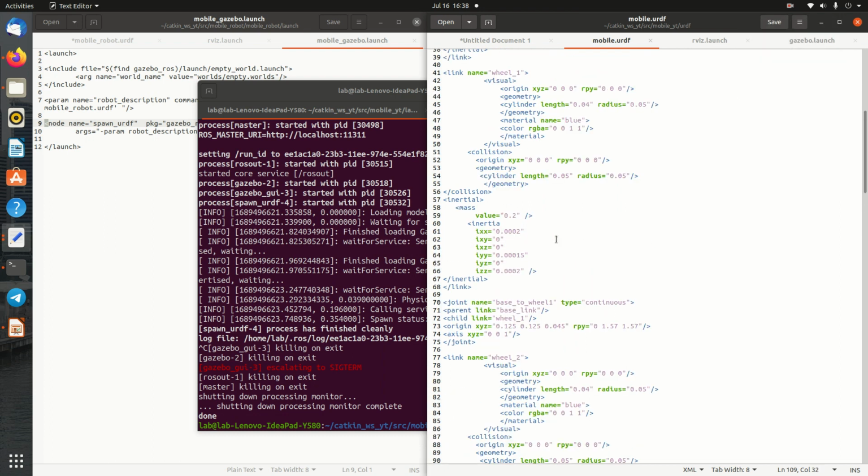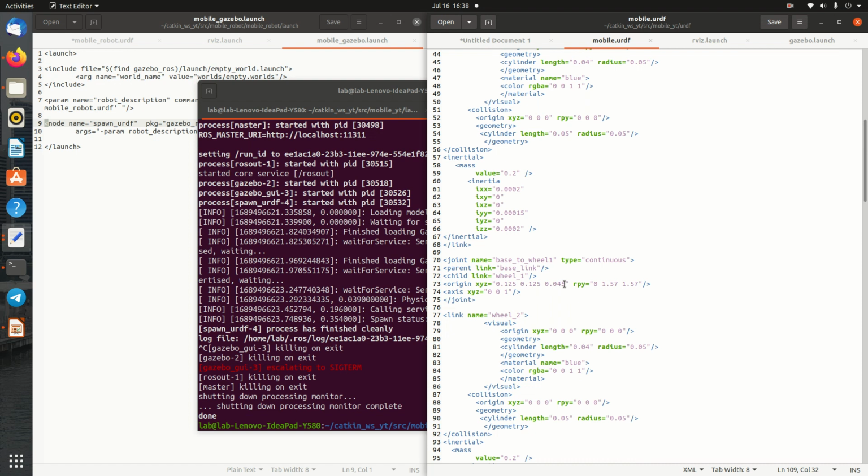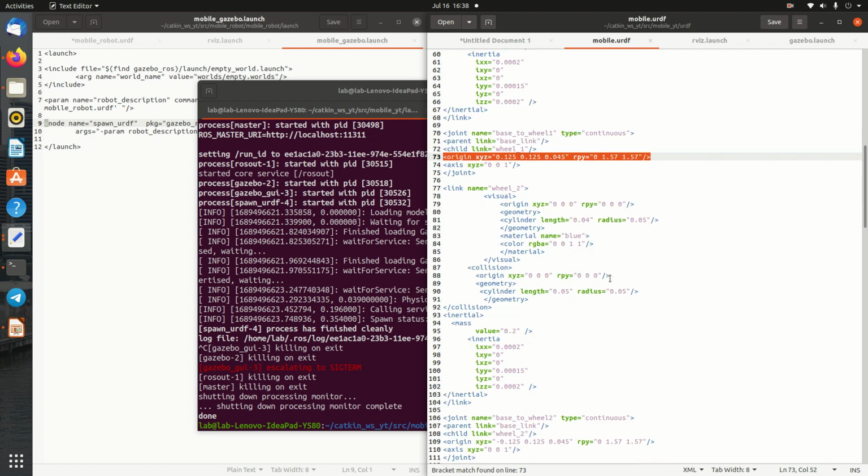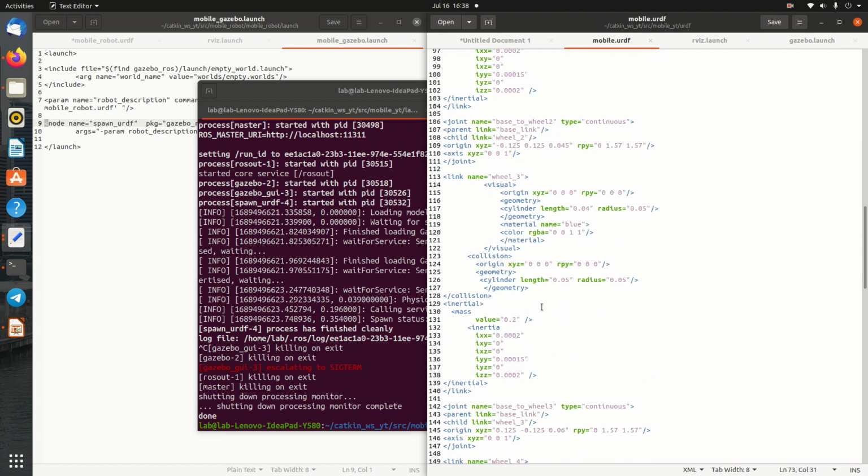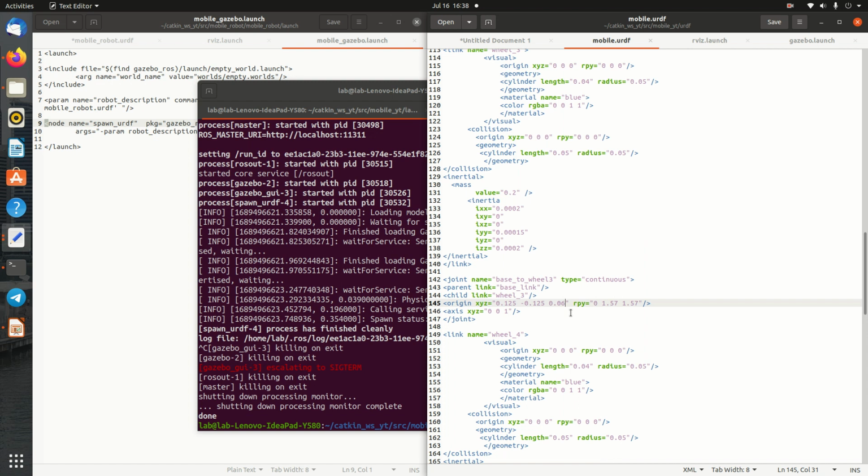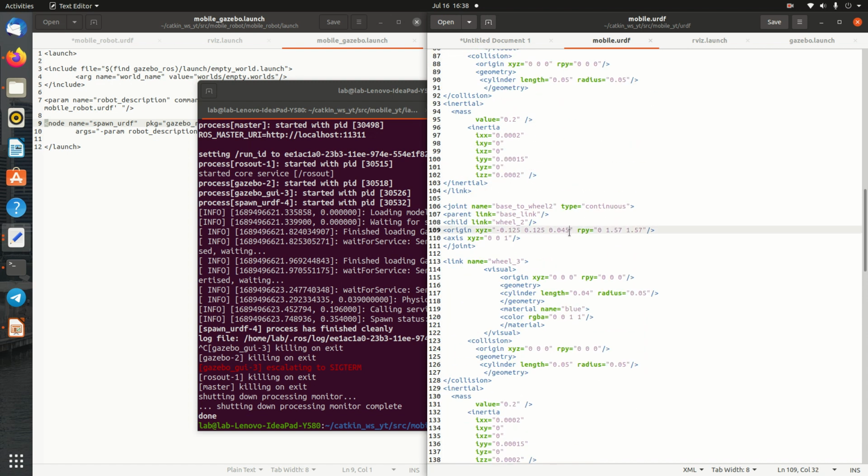Okay, I have checked the mobile robot. Here the orientation of the right wheels is 45, but here it is 60. So we change it to the same value for all of them. 06, sorry,